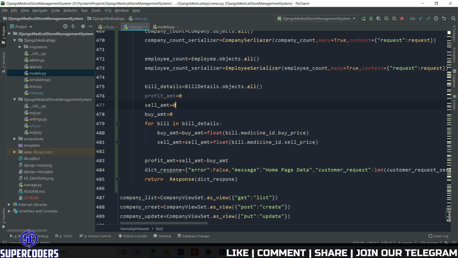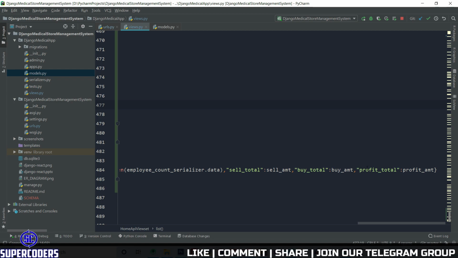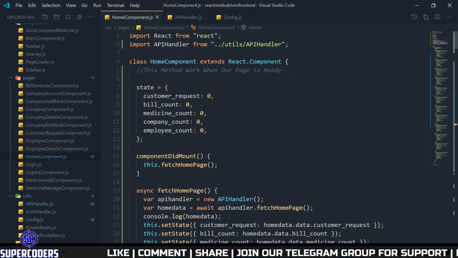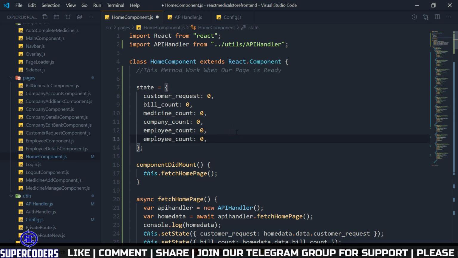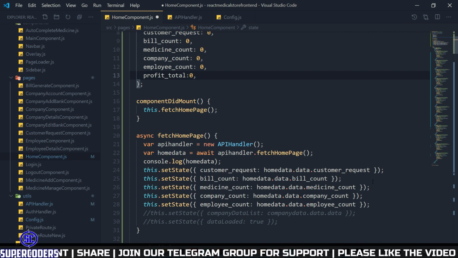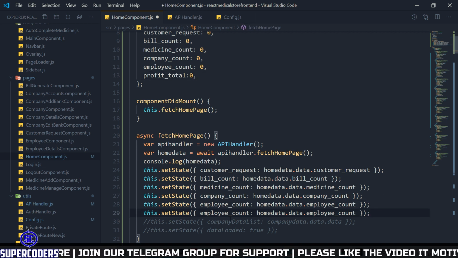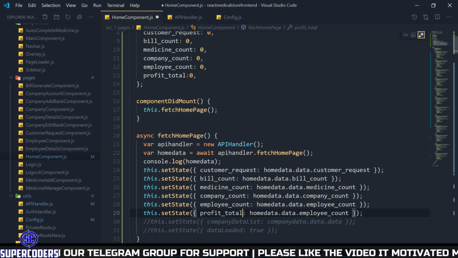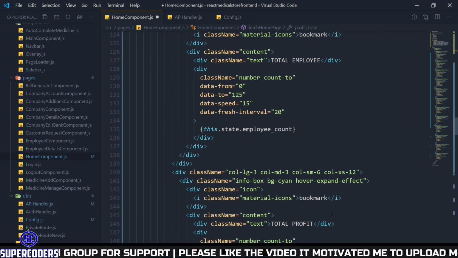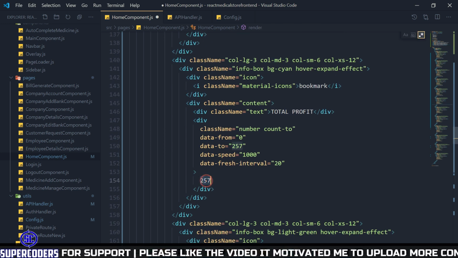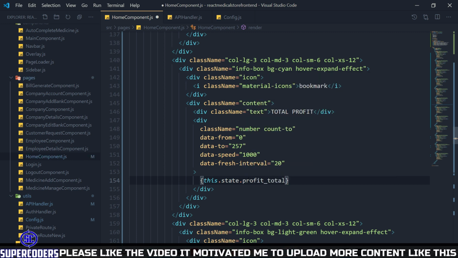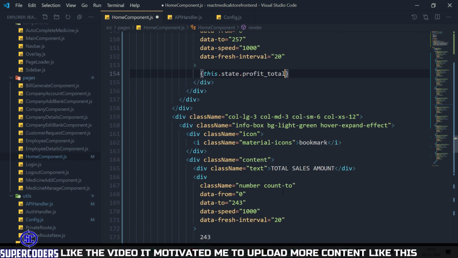So again, let's copy profit total. So back to VS Code. Let's add in state profit total 0. After that, copy the update, and here profit total. After that, total profit, this dot state dot profit total. Next is total sales amount.